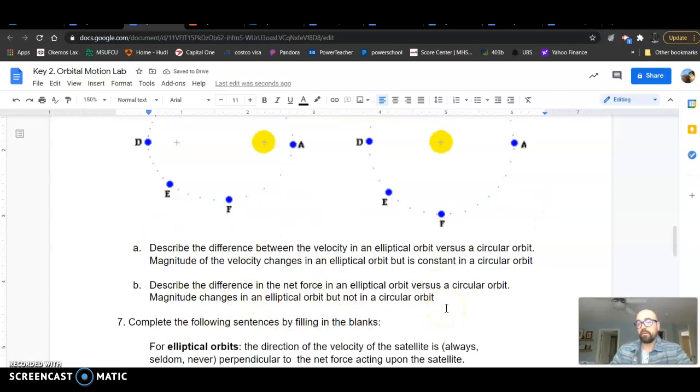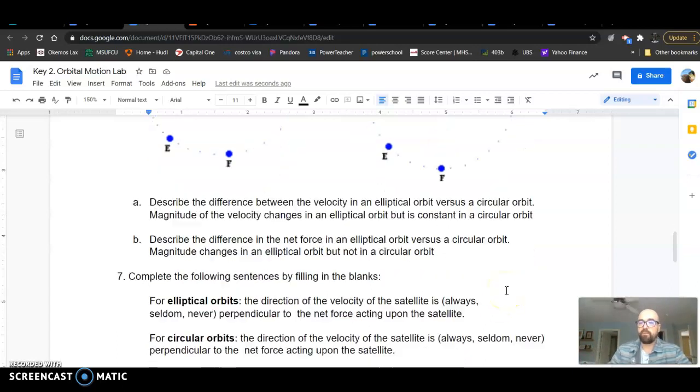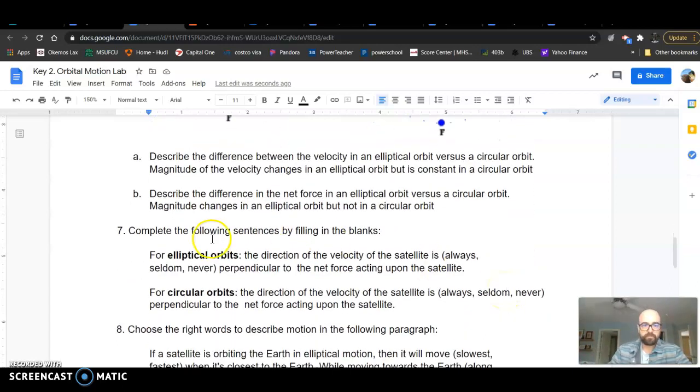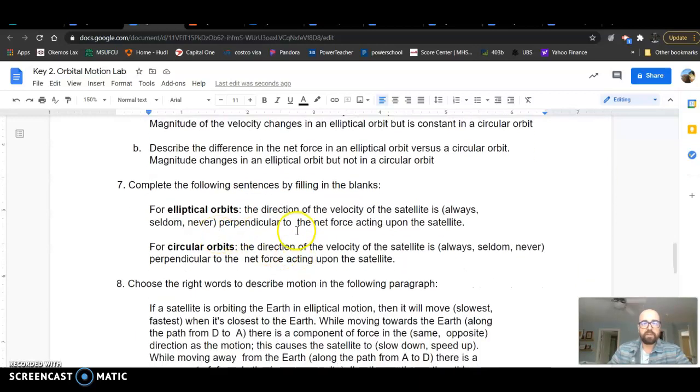So if you had to do a drawing where you put in the vectors, you should be able to think right now, oh, okay, would I be able to do that? Could you comfortably put in velocity vectors and force vectors on those two different orbits and make them relative to each other? So here, for elliptical orbits, the direction of the velocity of the satellite is